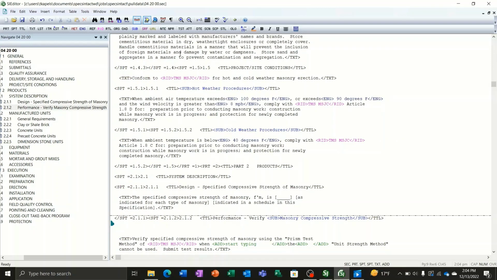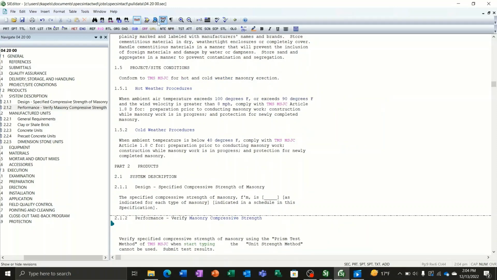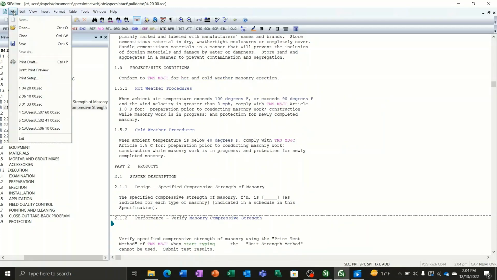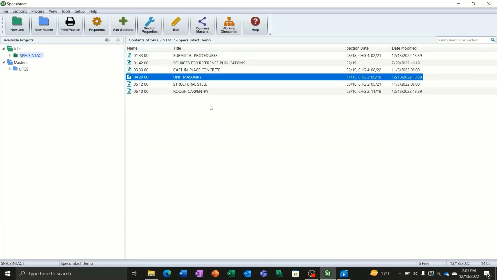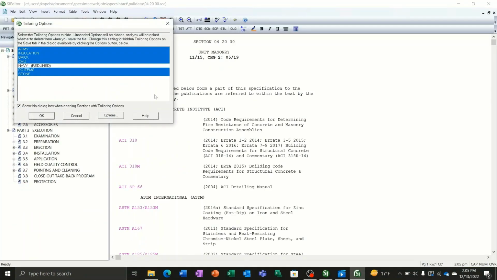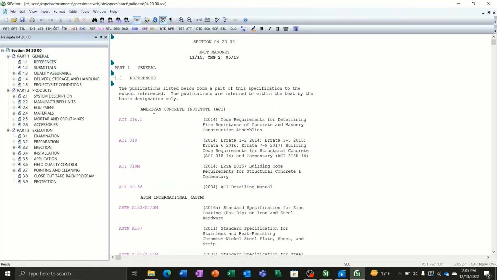So when you're all done editing this, again, you can use these toggle back and forth to kind of see how it looks and reads. You're simply able to save this and then close the editor, and it takes you back to the Explorer. Now this is saved within the project, so if I want to do more editing, I simply just double click it. Again, launches the editor. Again, it's asked me if I want to do any tailoring, and I can continue to edit this section in here.